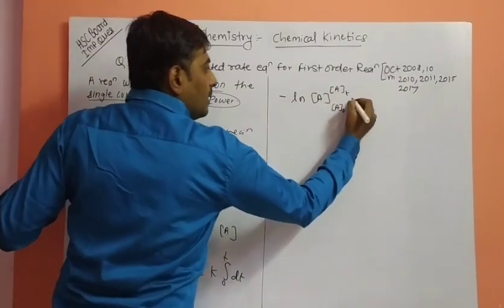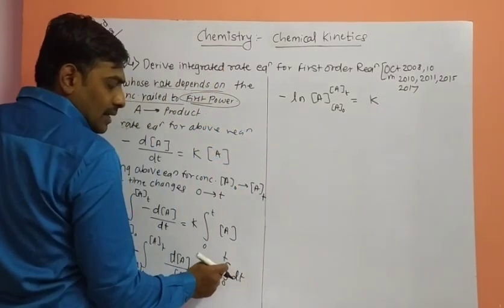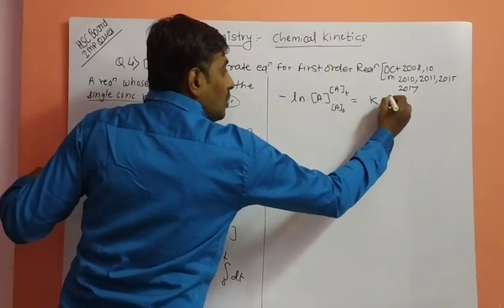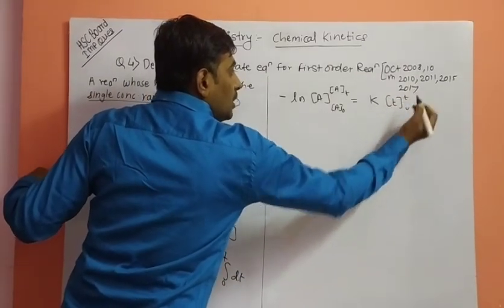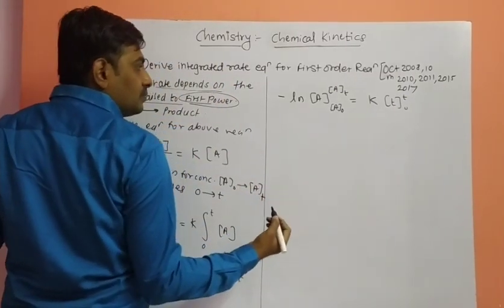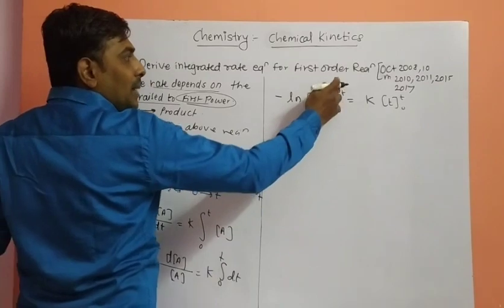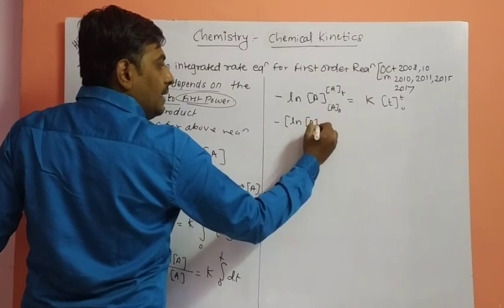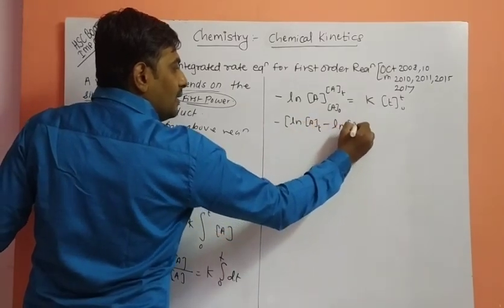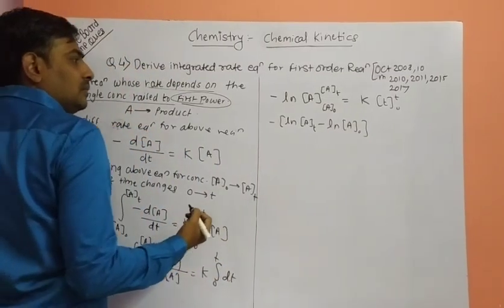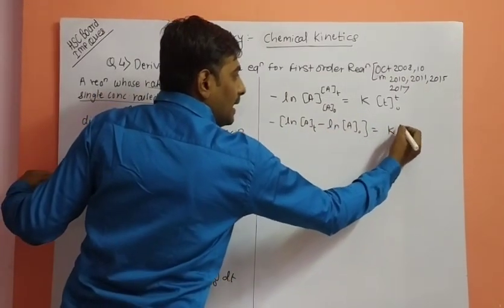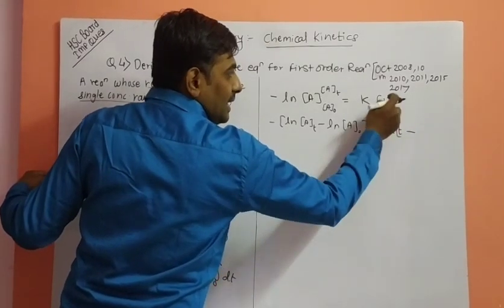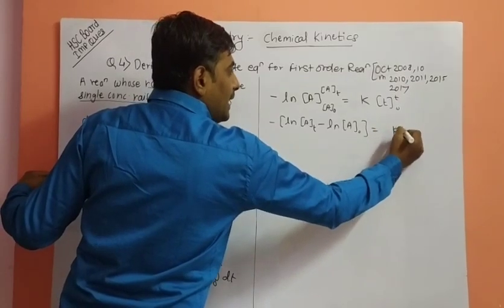The integration and derivative get cancelled. So this derivative and this integration get cancelled. What will you get? t as it is. So t changes from 0 to t. So take the ln rule, upper limit minus lower limit. So minus ln of At minus ln of A0. Minus will be a plus after some time, and kt minus 0 means t into 0 is 0, so it remains only kt.